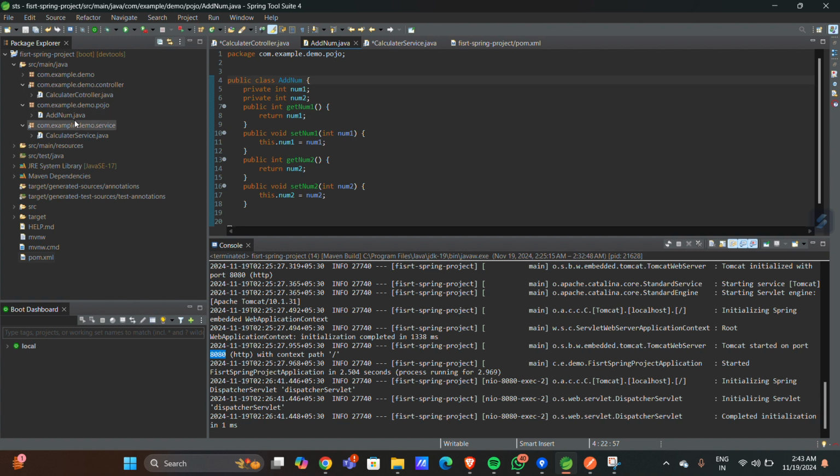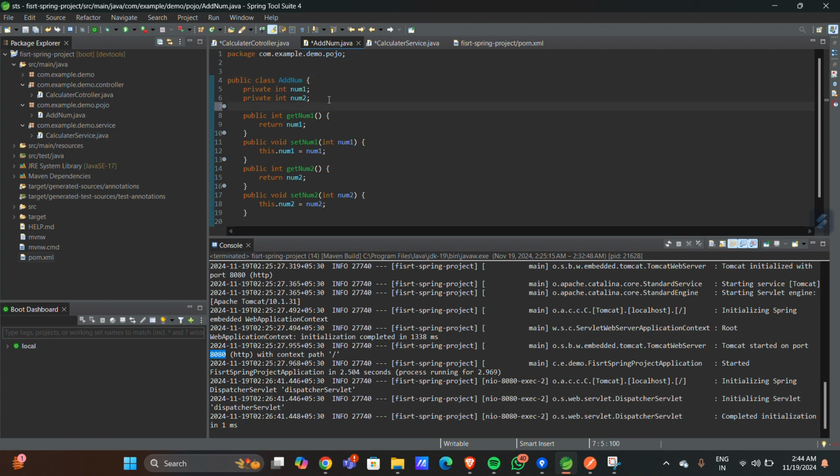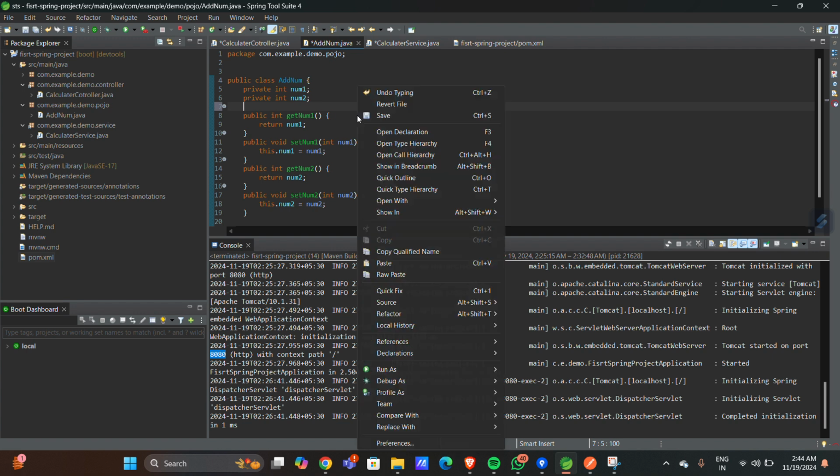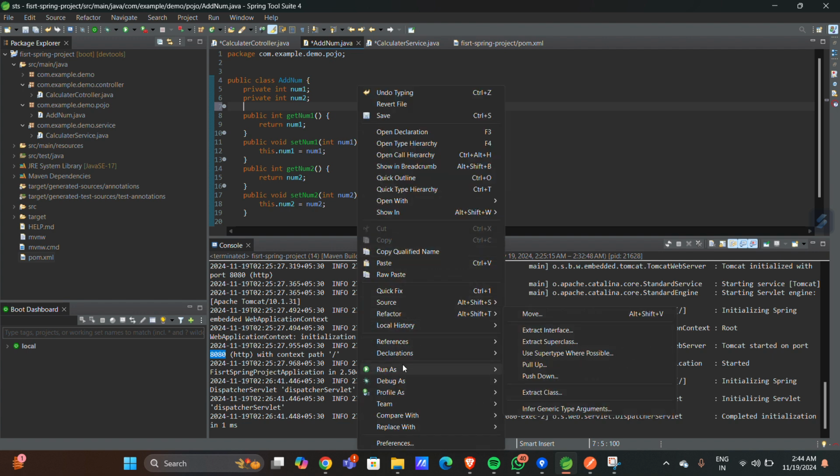I created this pojo package, and in the pojo package I created an AddNum class. The AddNum class consists of num1 and num2, and we define a getter and setter. You can generate getter and setter automatically by using an IDE shortcut. In the IDE shortcut, just right click